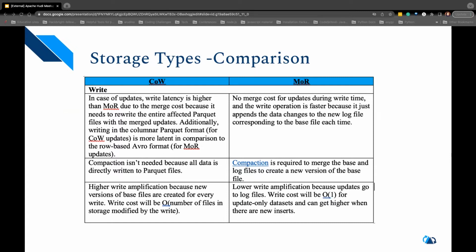Now, understanding how MOR and COW storage types work with an example, let's quickly see the comparison here. From the write perspective, COW has higher write amplification because new versions of base files are created for every write. MOR doesn't have that. MOR has lower write amplification because updates go to log files. And compaction is required for MOR because it needs to merge the log files into the base file, which is not needed